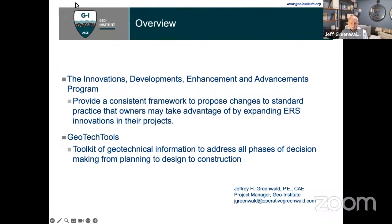And the first thing I do want to let you know is these are both excellent professional opportunities that the Geo-Institute took over from Federal Highway and DOT. Federal Highway might have an opportunity to kind of kickstart some of these programs, but after a while they look to graduate because they're not really in the business to manage these full time. So GI came in with the opportunity and took both of these over from Federal Highway and DOT, and they've